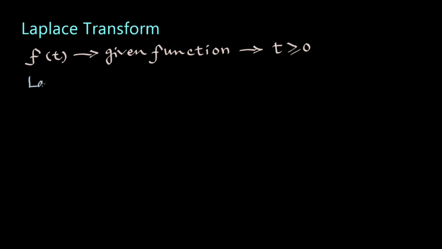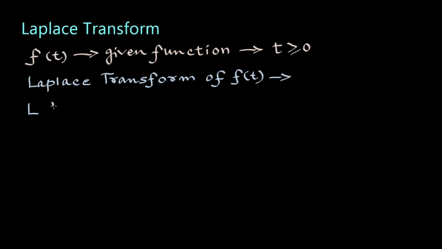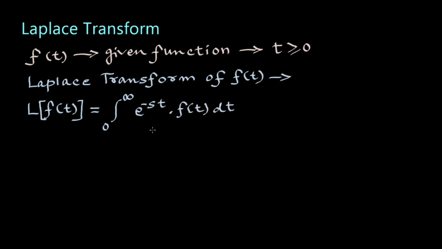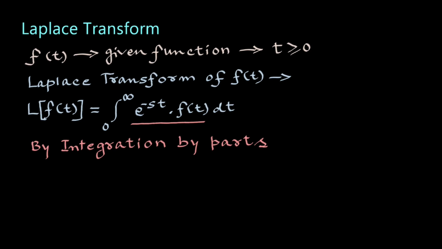Then Laplace transform of f(t), denoted by L{f(t)}, is given by a definite integral from 0 to infinity of e raised to minus st into f(t) dt, which is a product of two functions e raised to minus st and f(t), and can be evaluated by method of integration by parts, and after evaluation its value will be another function